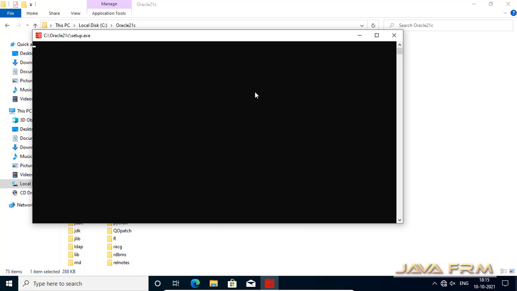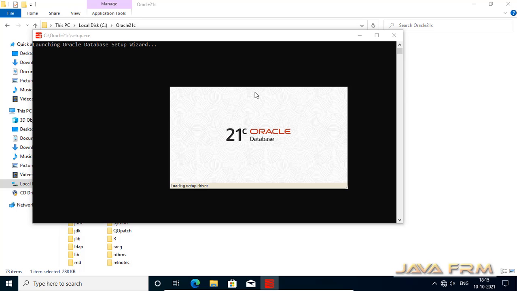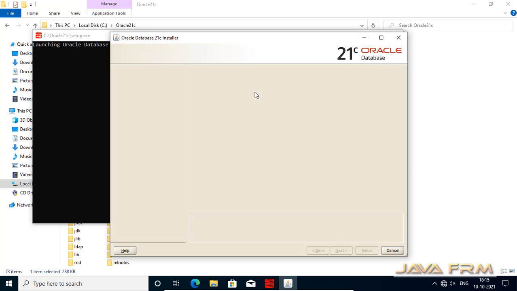Please be patient, setup will be starting, depending upon your CPU speed and RAM speed. You can see that setup is starting now. The Oracle Database 21C installer is started.